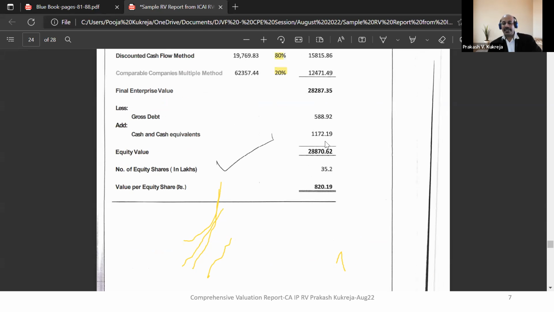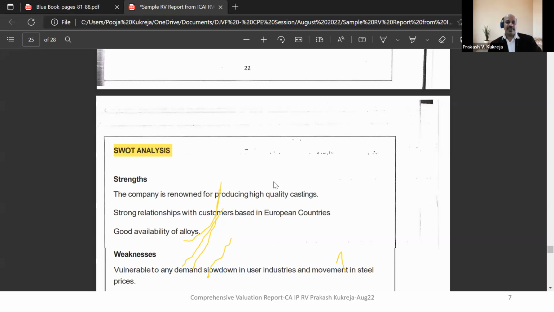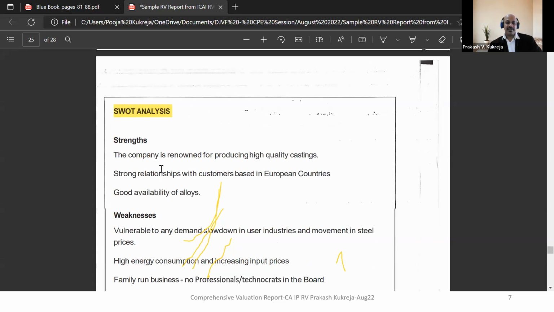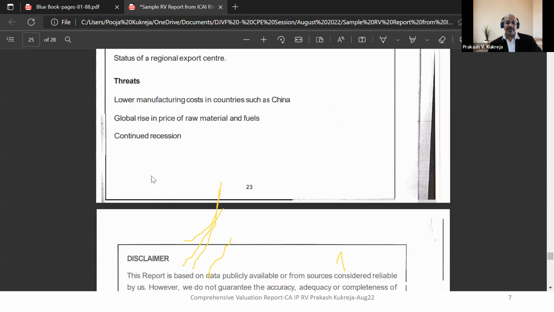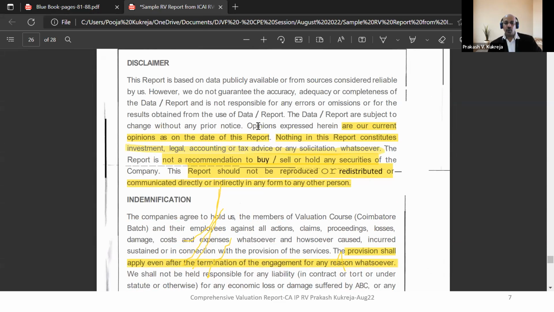So I'm not getting into details of the numbers, but yes, if you see how the approach has been done, this is very nice. SWOT analysis, the strengths, weaknesses, opportunities, threats, all were discussed with the management and corporate over here. Then there is a disclaimer that opinions expressed herein are current opinions,